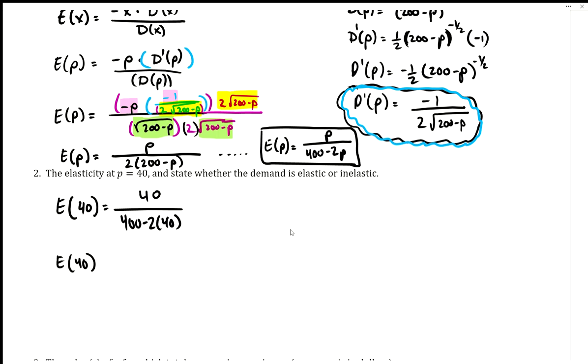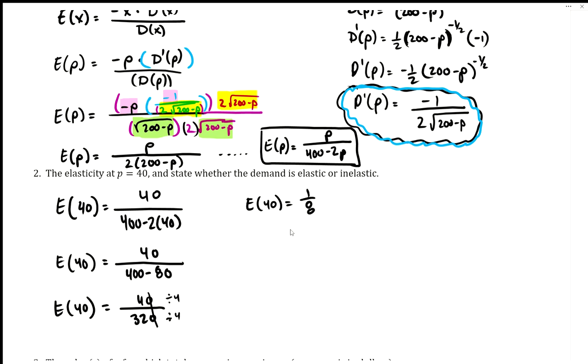Now, again, a calculator we could probably just use, but let's show those steps. So we would have 400 minus 80, and then let's keep it going. 40 over 320. Now, they both end in 0, so those zeros cancel. And then 4 over 32, I think 8, or 4, they're each divisible by 4. Divide by 4, divide by 4, and I think it's 8, right? So 8, 16, 24, 32. Yeah, so we have E of 40